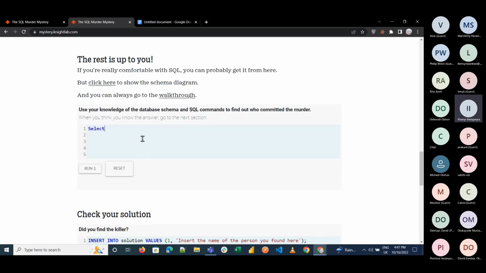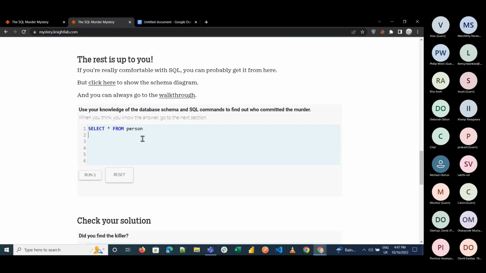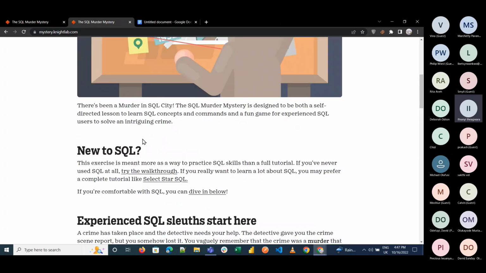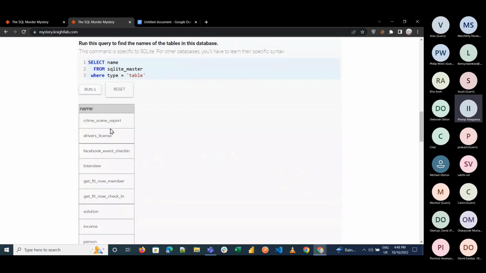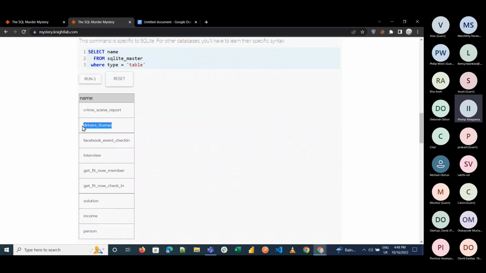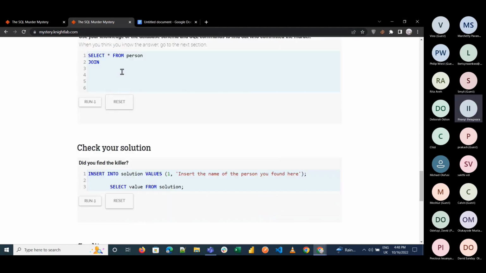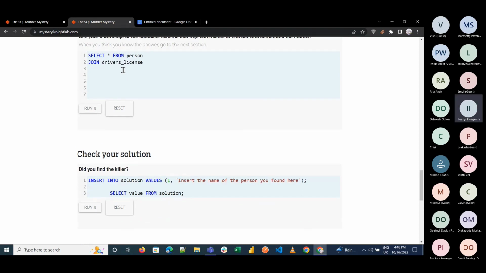Okay, so sorry. So we're selecting everybody from our person's table. We want to join it on the driver license table. So we run it here, pick the driver license table. So we want to join it on